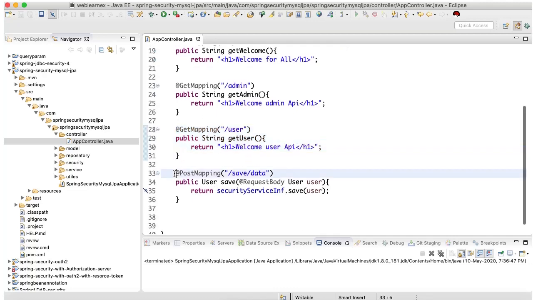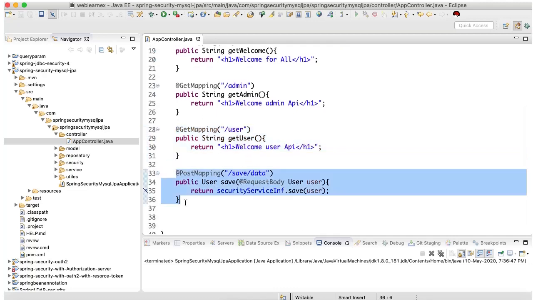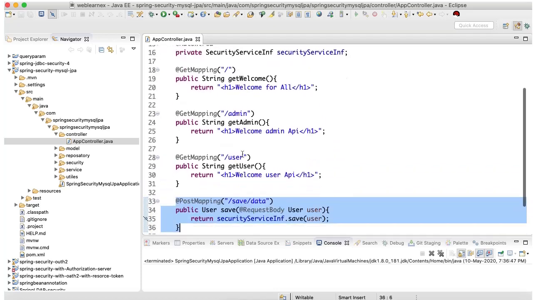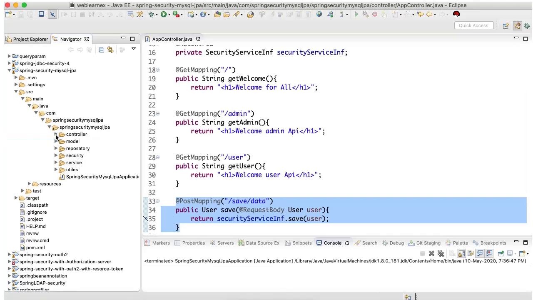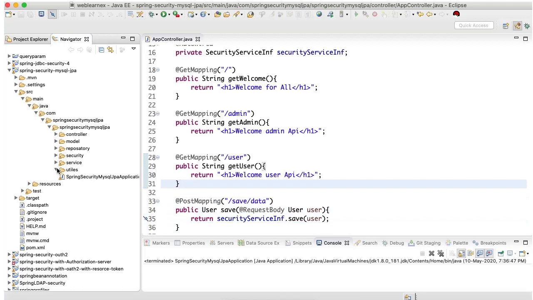And I have opened one post because I'm going to create roles and permissions in this example. So I have created one URL to save the user role and permissions, meaning authentication and authorization kinds of things. So I'm going to create one URL for this also. So I have 4 endpoints, and first I'm going to show you how to customize the user details.